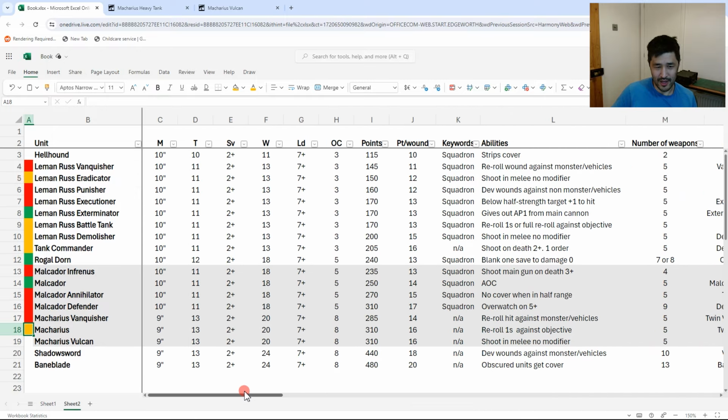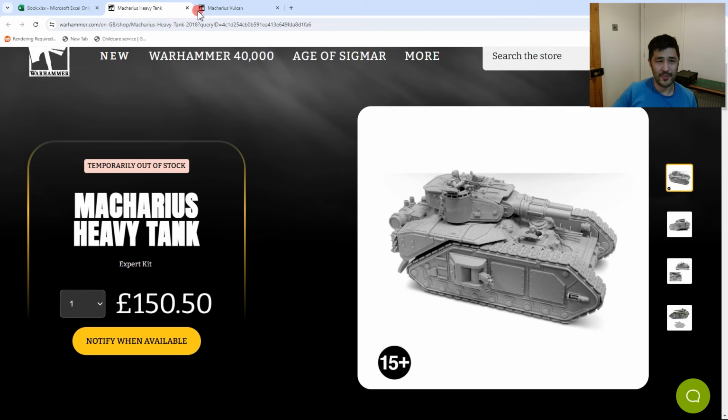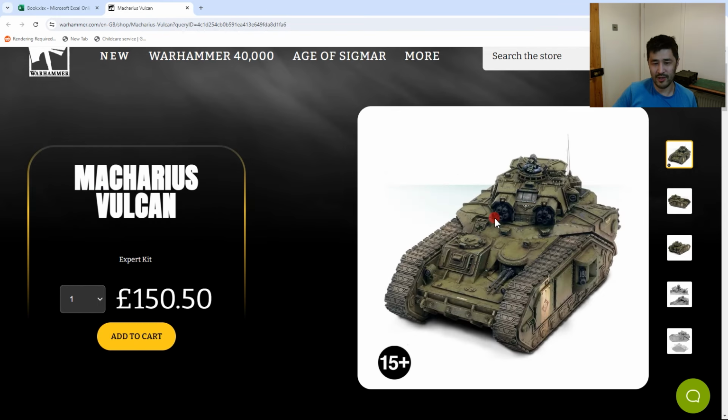Now, okay, the Macharius Vulcan. This basically can shoot into melee with no modifiers. Its primary weapon is the Mega Bolter, which is 16 at 6, AP 1, 2 damage, sustained 1. So you're probably going to be popping off at least 16 shots, popping off 3 sustained. So you're going to go from 16 shots to 19 shots if they all hit. Oh, it does have a model, so the Vulcan, yeah. So it looks awesome, fantastic. If it could Overwatch, it'd be great. But